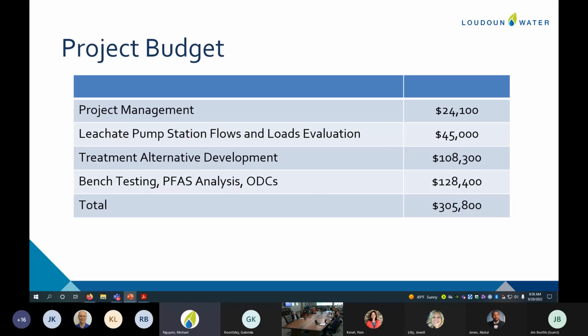Refresh my memory in terms of the leachate pump station flows and loads evaluation. Could you explain that again? Absolutely. So every time a landfill closes or opens a cell, a cell being a current active area where they're putting waste, it changes the amount and type of leachate that is generated. So we've got 10 years of data of leachate flows, and it's very different from year to year